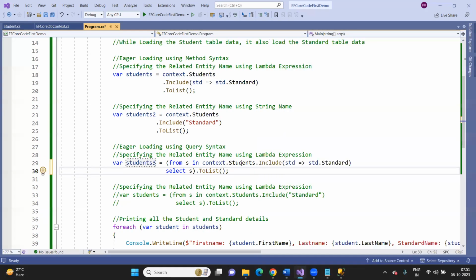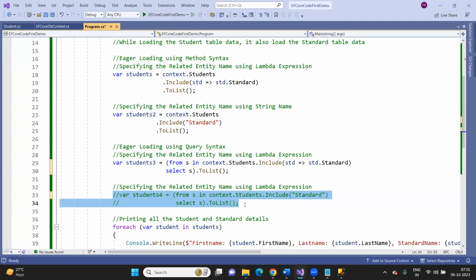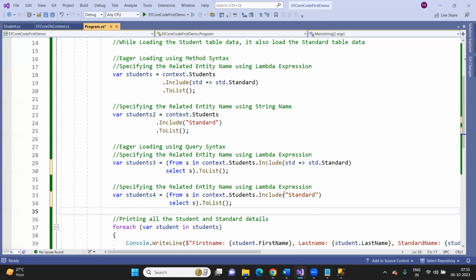The way you write this statement after context.Students, the same is going to be here. And again, if you want to specify this using the string property name, you can also specify the property name like this. So these are the four different approaches